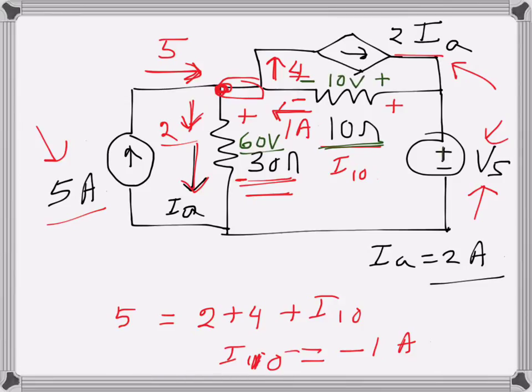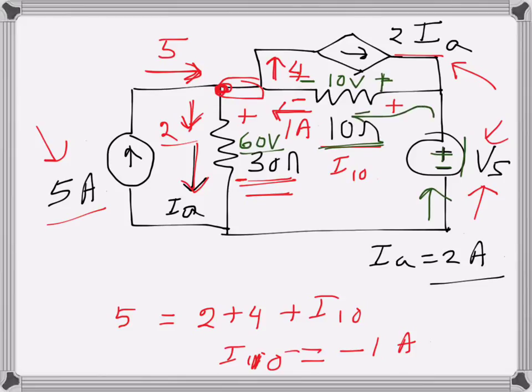So if we want to find the value of the voltage source Vs, what we do, we just write KVL across this loop. So across this loop, it's getting a bit clumsy. What I will do, I will erase this one. So this loop, I go in this direction and I write the drops and rises accordingly. So maybe the rise as positive in this case, because we need to find Vs. So Vs is the rise, and then we encounter a drop of 10 volts because we are going in this direction,